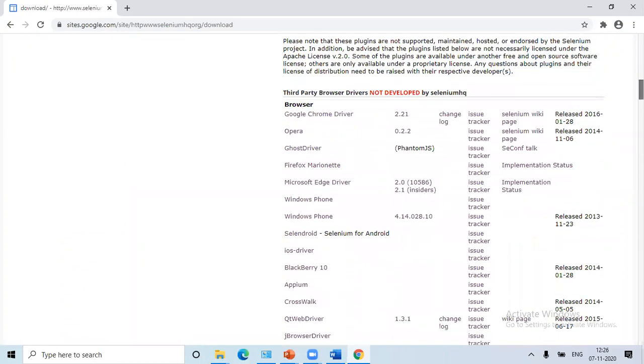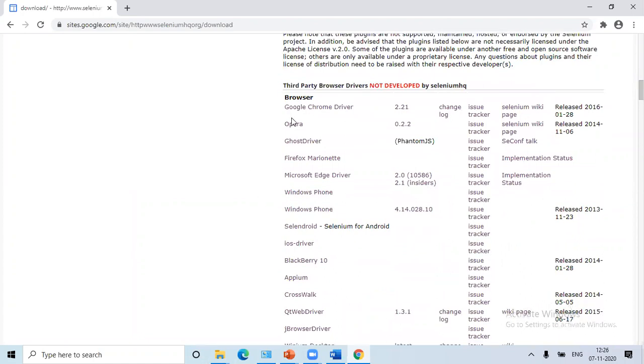Chrome driver also should be installed. Google Chrome driver should also be installed. Why the Google Chrome driver? As I have already told, whenever you are working on the remote control or remote WebDriver, you are going to use Selenium on web-based applications, right? For web-based applications the browser is very important. I am using Google Chrome here. If you are using Opera or Firefox, that particular browser's web driver should be installed. Then only you can work on that. Otherwise, it is not identified.